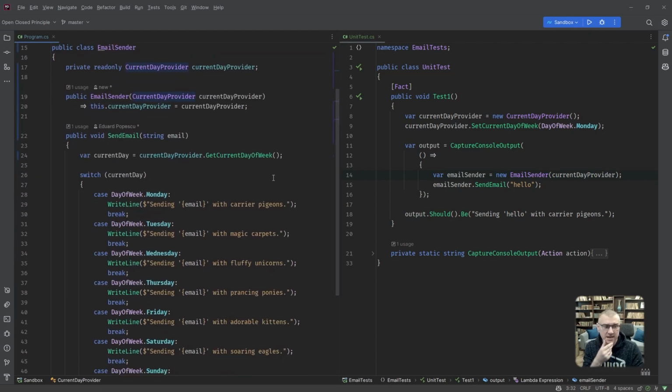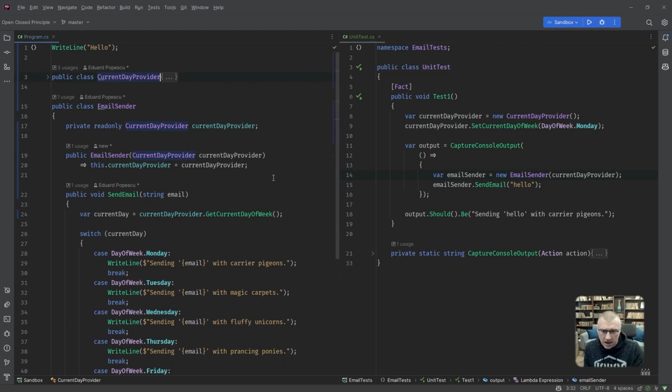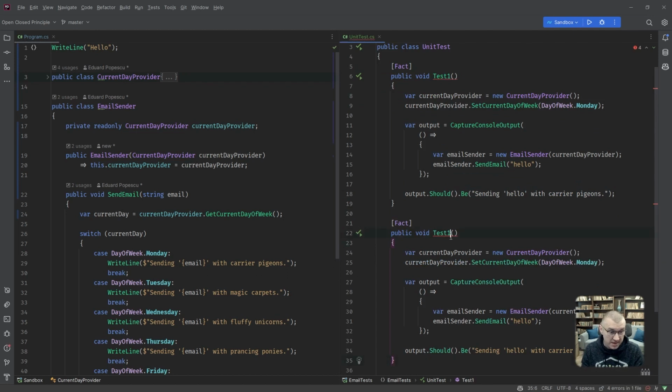All right. Now, I said we want and are able to test different scenarios. So now we're testing with Monday. Let's see what would happen if we were to test with, I don't know, Tuesday. But how should we go about that? I wouldn't want to write another test, right? Because this would be almost identical, okay?